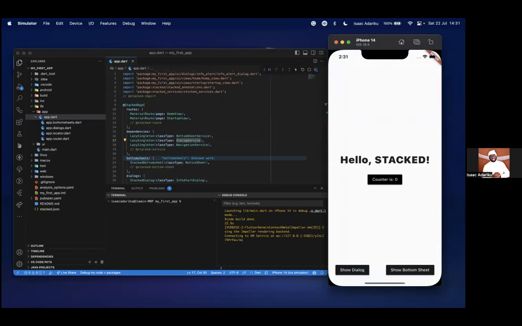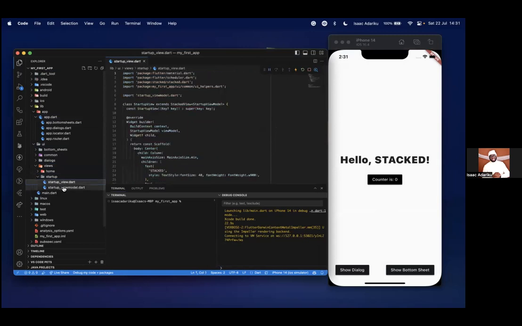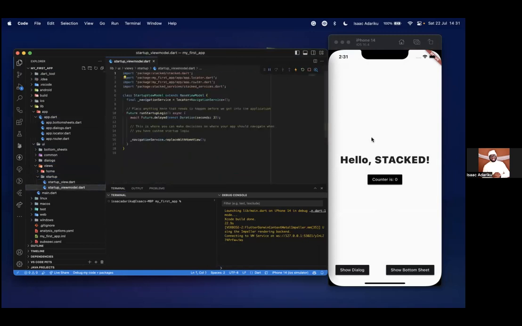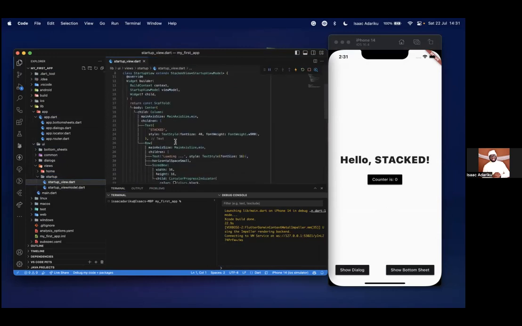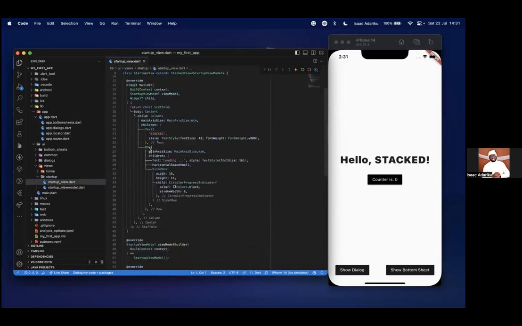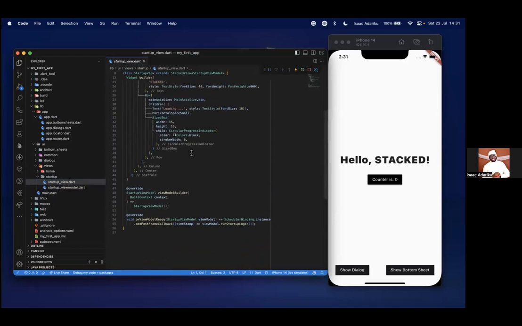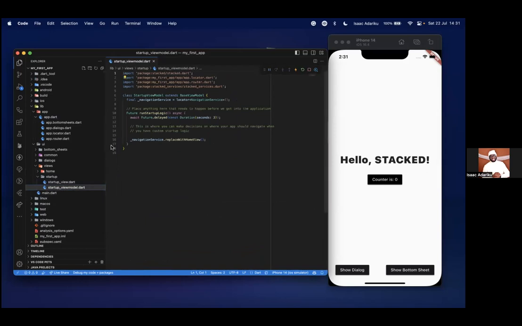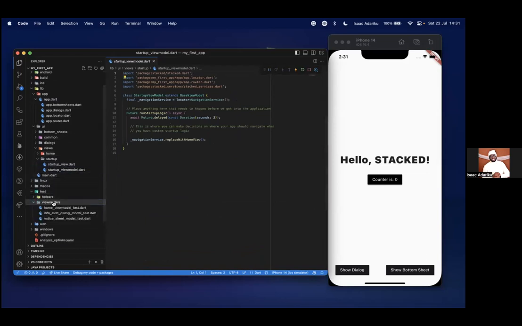So our Stacked app is up. What you are seeing here is just a scaffolded Stacked app. It's easily showing you that you can show a dialog, then you can show a bottom sheet. All this is our home view. When we go back to the startup view model, you get to see it replaced with the home view. And if you look here, this is just a basic UI. There's no state code here. There's no logic here. As it builds the view model, it's running the startup logic. And this is our logic here, which is easily testable under our tests.